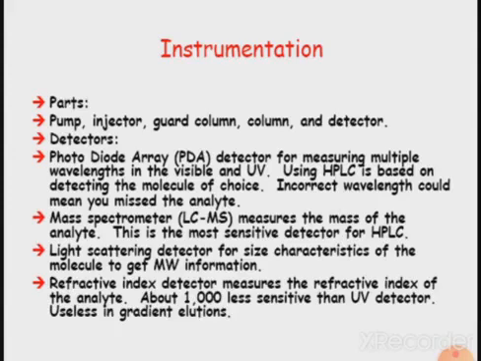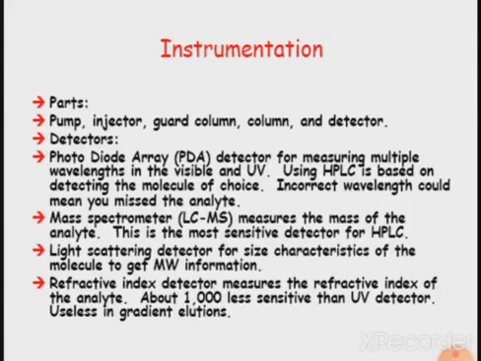The next type of detector is LCMS; we will see this in detail in the next lecture. Then the next detector is the light scattering detector for size characterization, and another detector is the refractive index detector, which measures the refractive index of the analyte as well as the solvent. It is a universal detector but has less sensitivity.